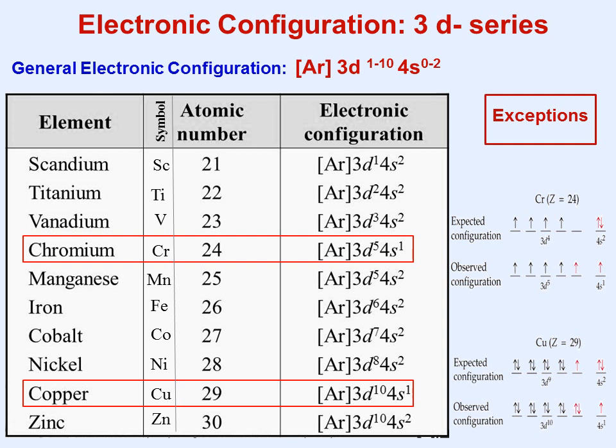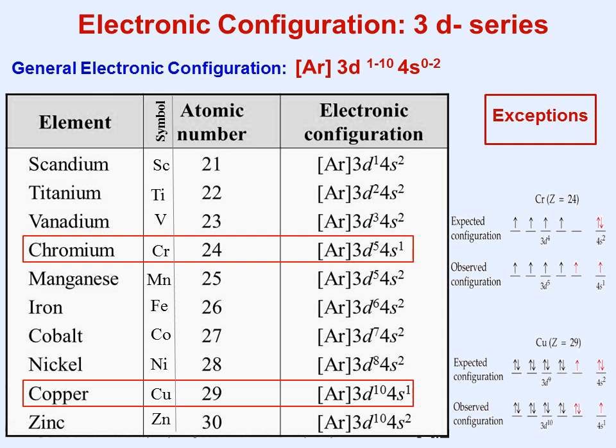In this series, the penultimate 3d subshell is successively filled from 3d1 configuration to 3d10 configuration, that is from scandium to zinc. In between, chromium and copper